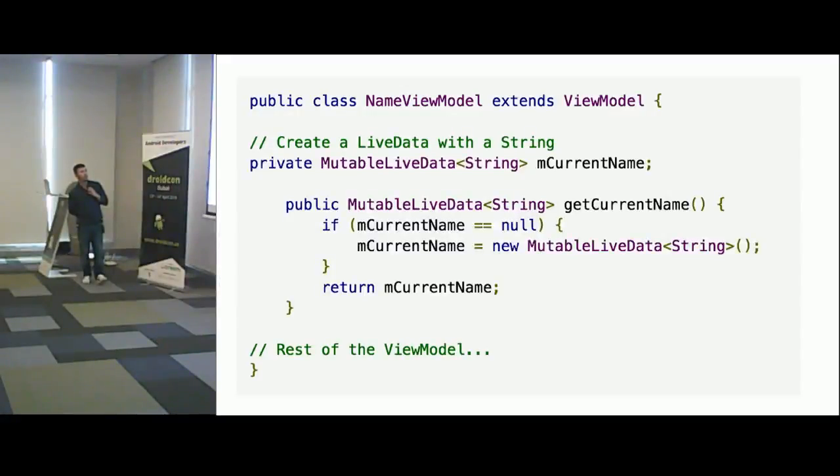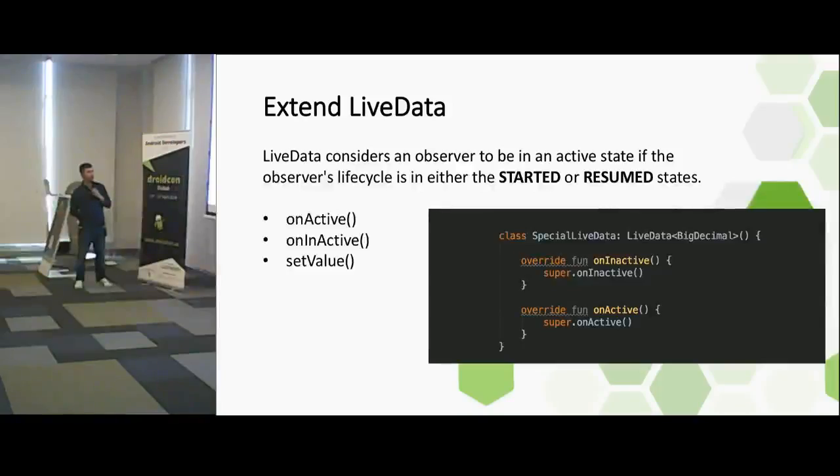That is a simple LiveData coding example. It just keeps a string in it and initializes it, as we have shown in our code example. And if this current name changes anytime, it notifies the observers. Okay, we can extend LiveData, of course. Android means freedom. You can extend anything which is not final.